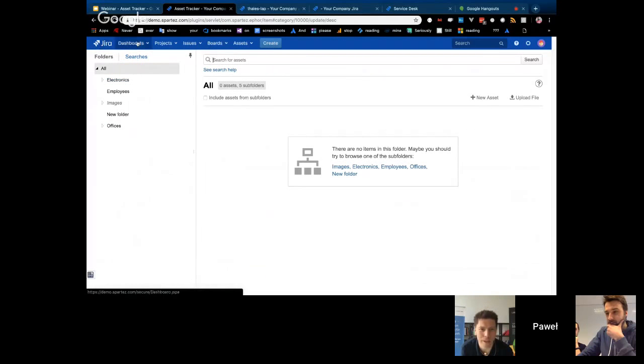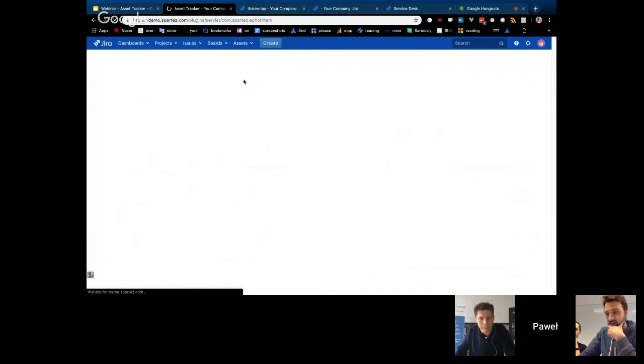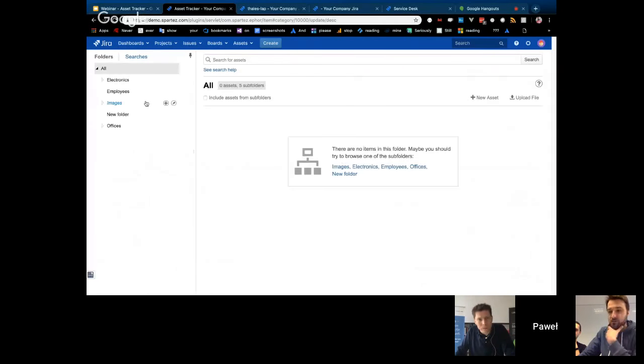Okay, so we have a new tab called Assets. Go here. My assets. Yeah, I'm with you. Browse assets. And okay, first of all, I would like to organize my assets. And what better organization of assets is there than folders?